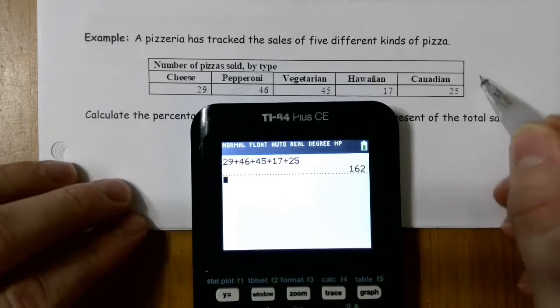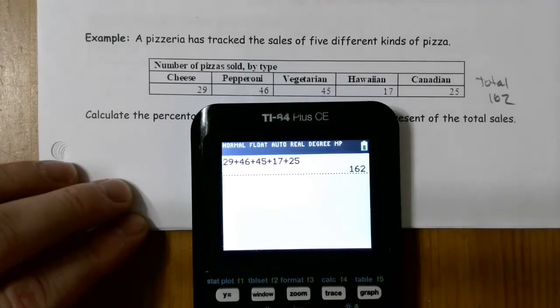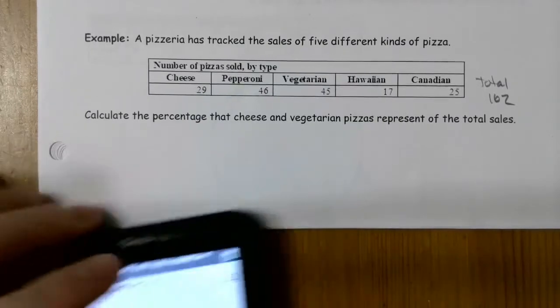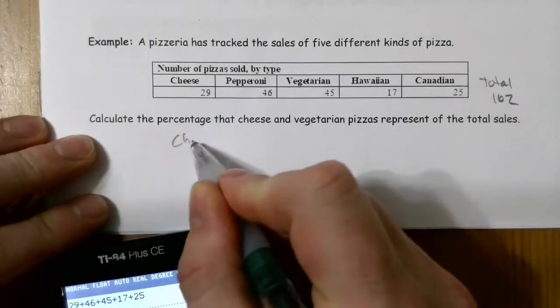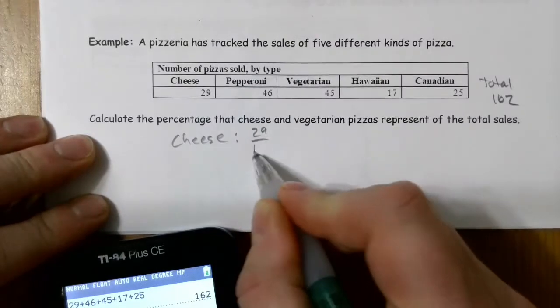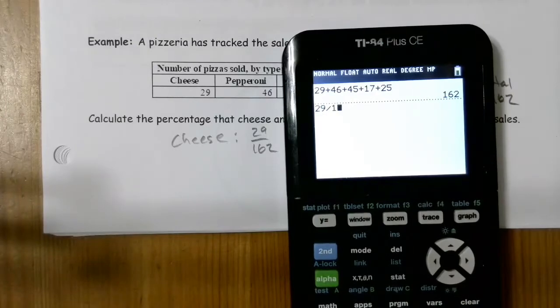And so we're looking at a total of 162 pizzas that have been sold. So now, for cheese, we've got 29 pizzas out of the 162 sold. So let's do that: 29 divided by 162